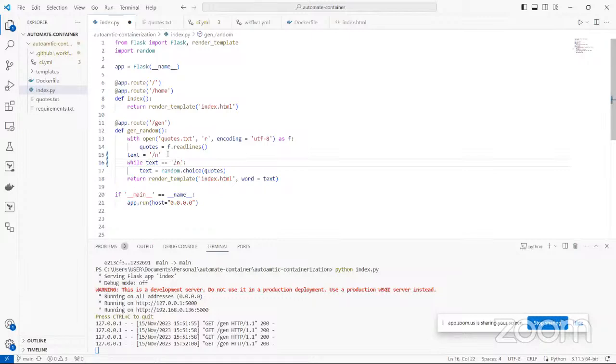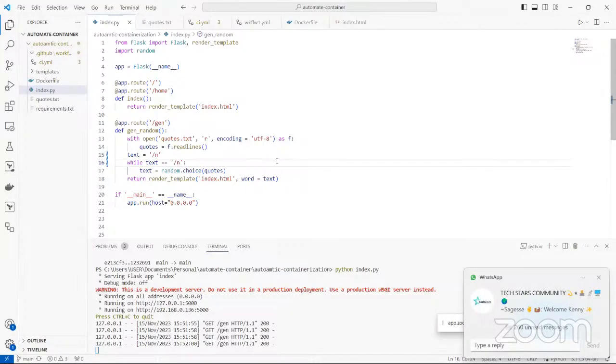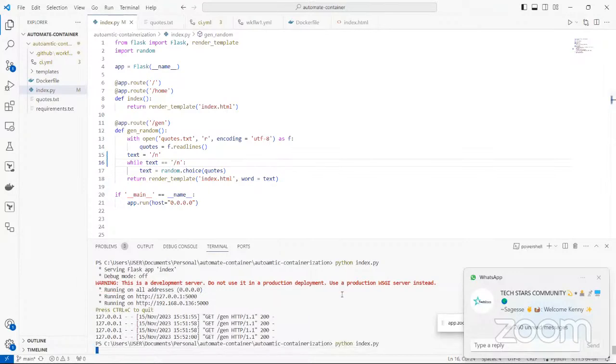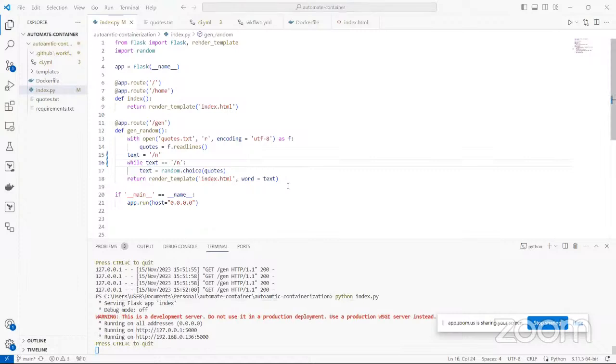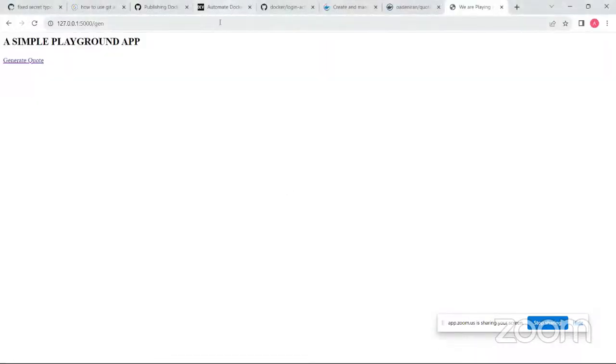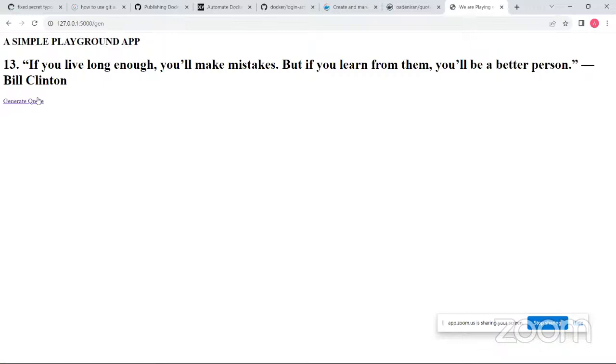So what I have to change is, I'm initializing text. I don't have to explain all of this, but what I've just done is that while the text being returned is a new line, I'm going to ensure that we keep getting another text until we get a text that is not a new line. So let me save this. The bulb is not on, so I have to stop this and then run it again. So if I go back into this web app now, and start clicking on generate, you see that every time I click generate codes,